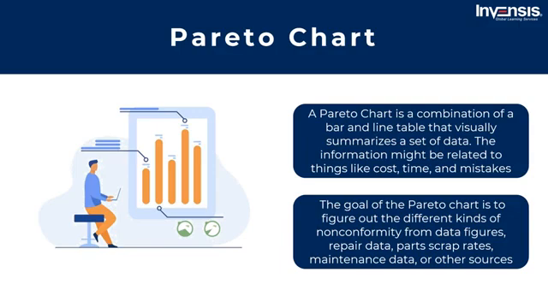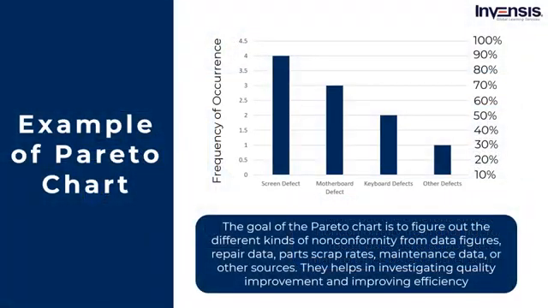The aggregate proportion of the total number of situations is shown on the right vertical axis. Here is a simple example of a Pareto chart showing the defects in a part of the laptop. On the left side, there is the frequency of occurrence, or how frequent the parts have defected, and on the right side, the percentage of defective parts are shown. So, here in the example, we can see what are the different types of laptop defects and how much percentage